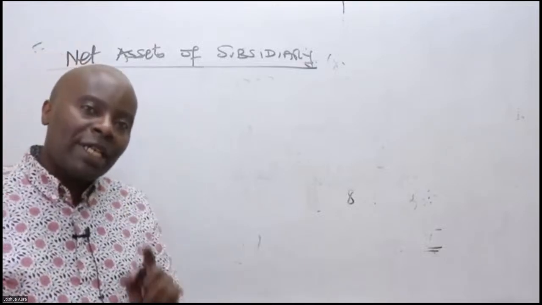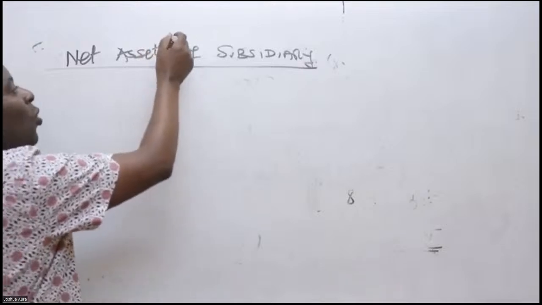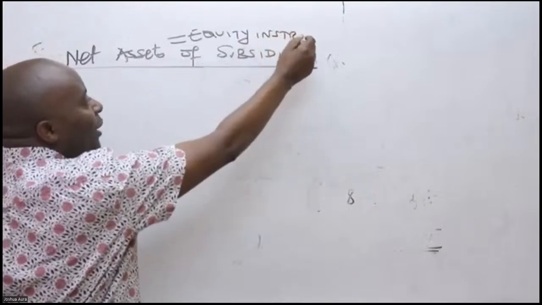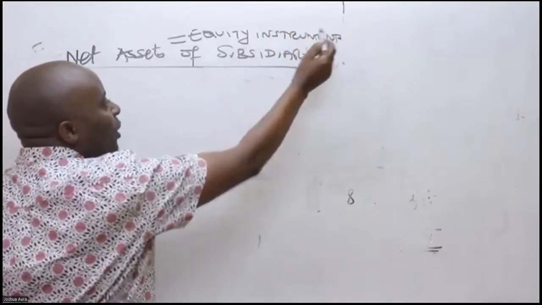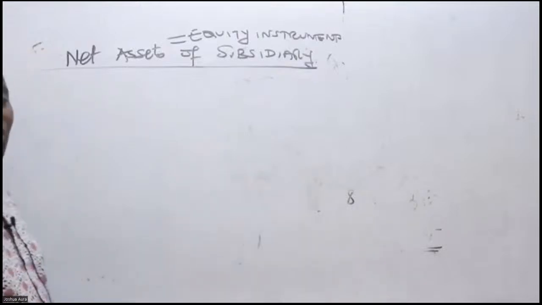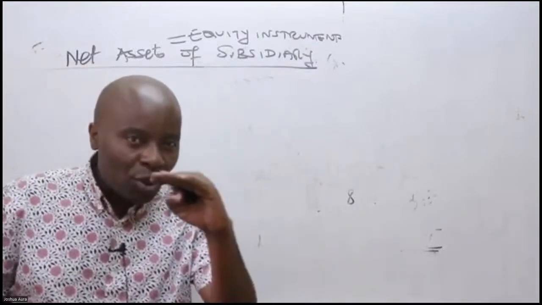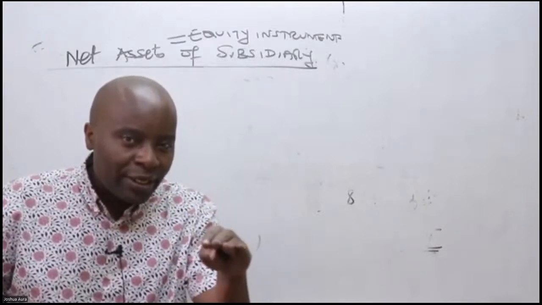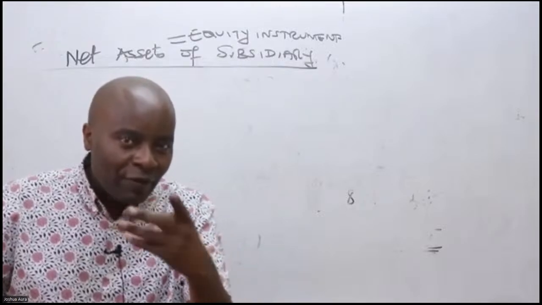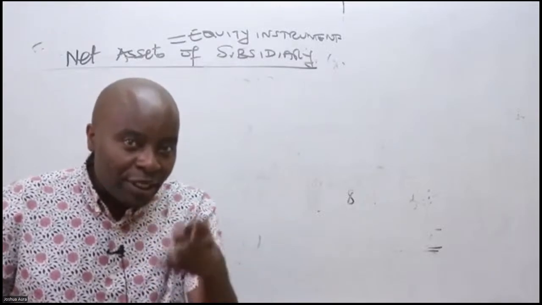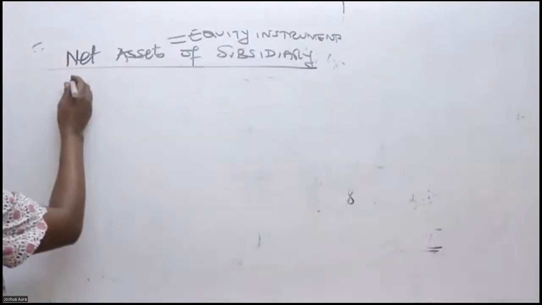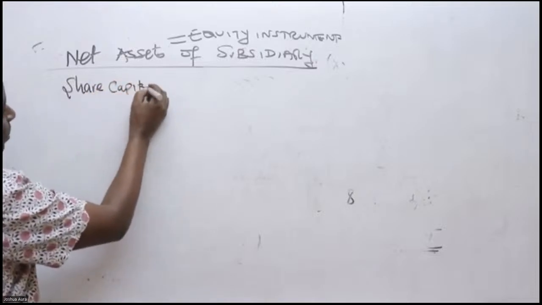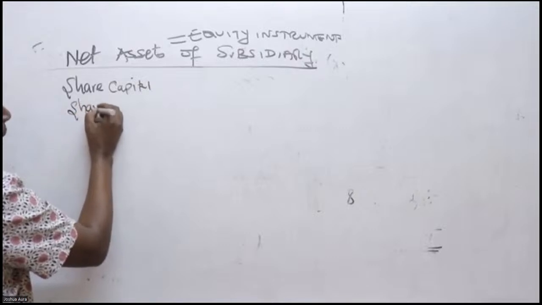And then when we talk of net assets, always we are looking at the equity instruments. When you talk of equity instruments, you will remember your balance sheet. What do we have there? We have share capital, we have share premium, we have retained earnings, we have fair value adjustments or revaluations. So you can just write there: we have the ordinary share capital, we have the share premium,